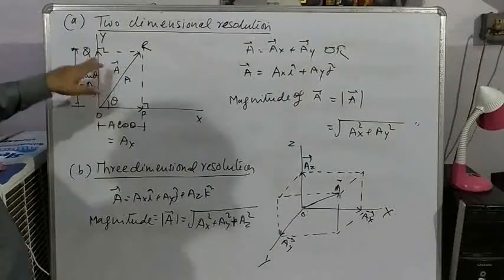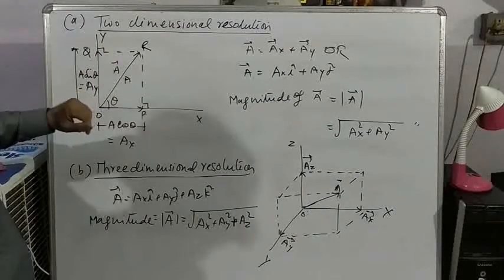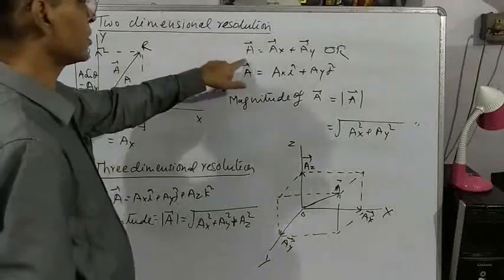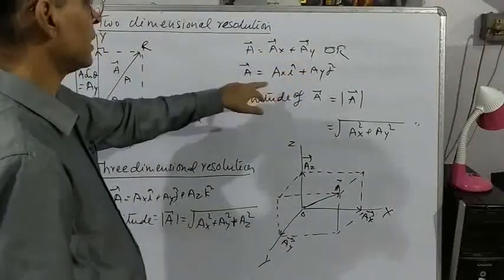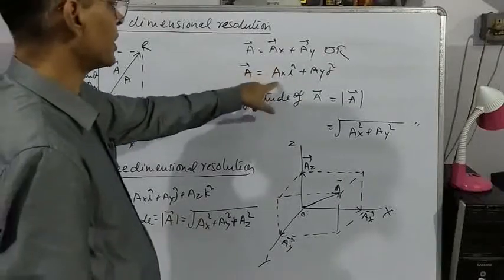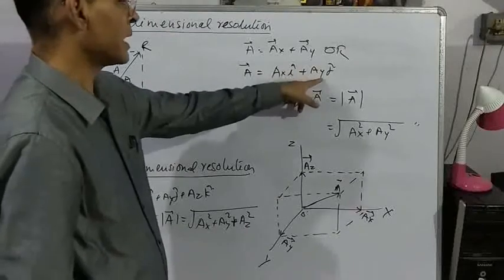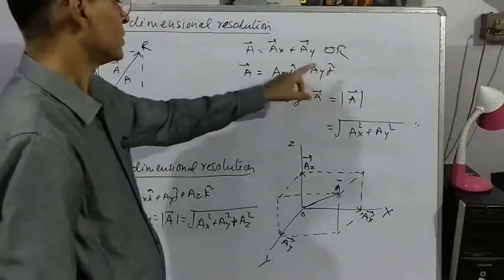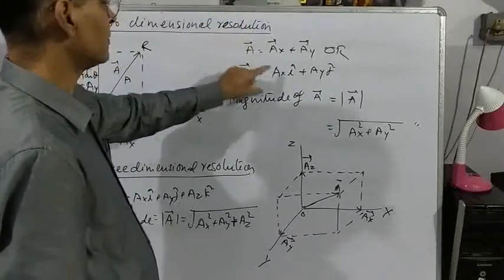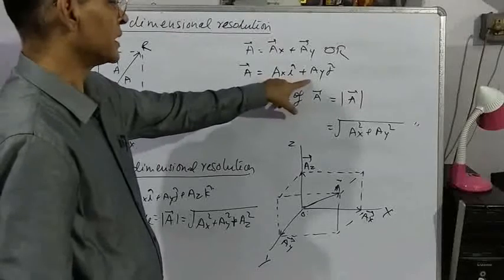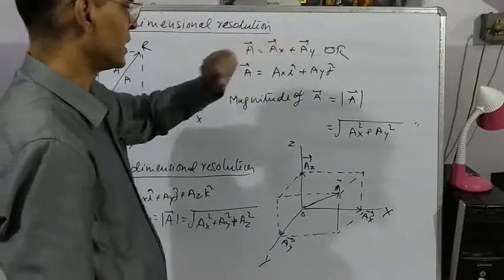Since the resultant of components should be equal to the original vector, we can write A is equal to AX i plus AY j. If you write in terms of magnitude of components, then you have to introduce i cap and j cap to impart direction. So either you write like this or this. A is equal to AXi plus AYj. This method is normally followed. It is supposed to be better.